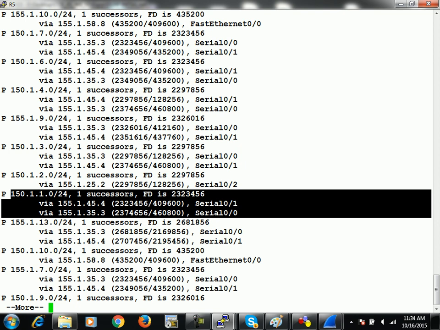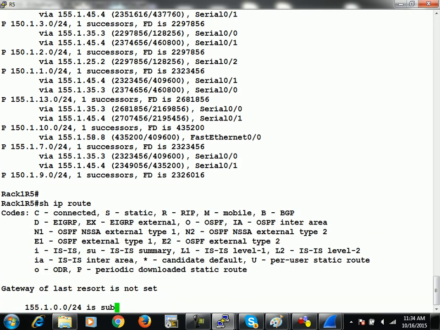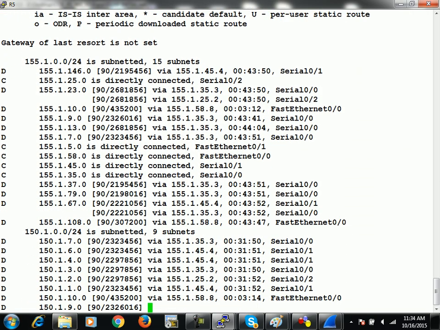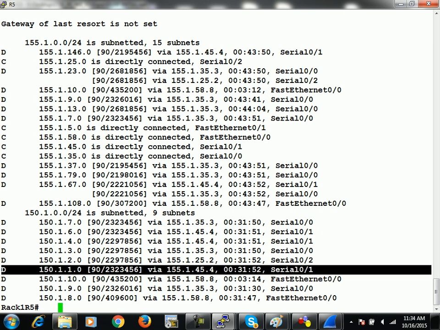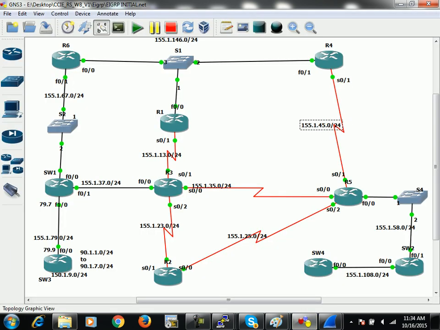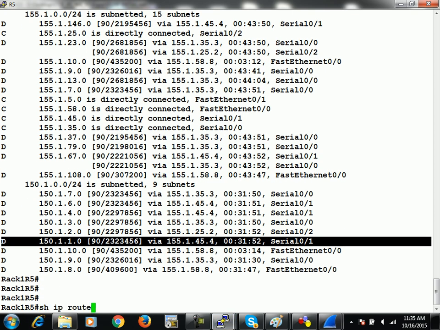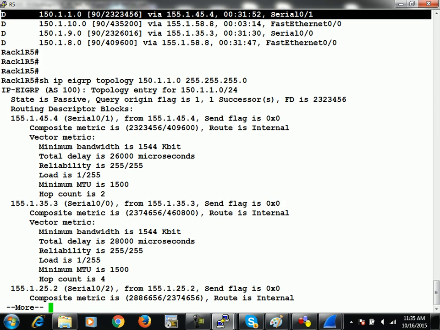So this time you can see that in routing table it is having only one possible path to reach the loopback of R1. I mean only one path available in its routing table to reach the loopback of R1, that is via 45.4, which is this one. R5 will be reaching this loopback of R1 via R4, but feasible successor is configured via R3 and possible path is via R2. Now you can look at again R5's topology table and check its detail actually, and then you can see that